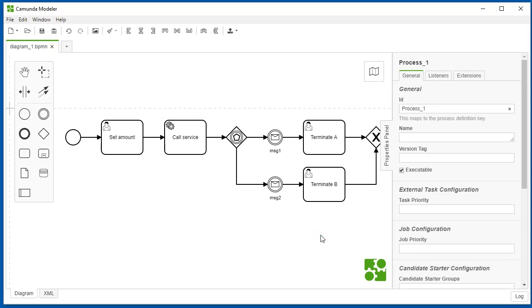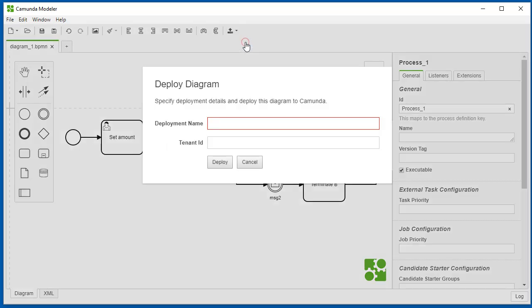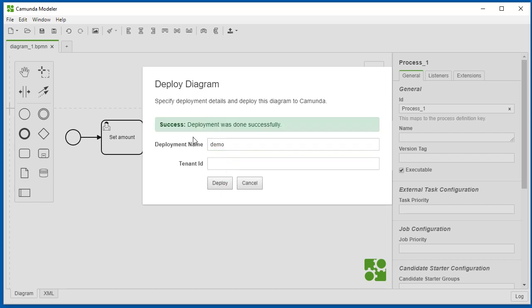Now we can save our process with Ctrl S or the save icon in here, and we can deploy it by using the deploy button on top and select deploy current diagram. We can give a name to our deployment, for example demo, and we can deploy. And once we get that the deployment has been